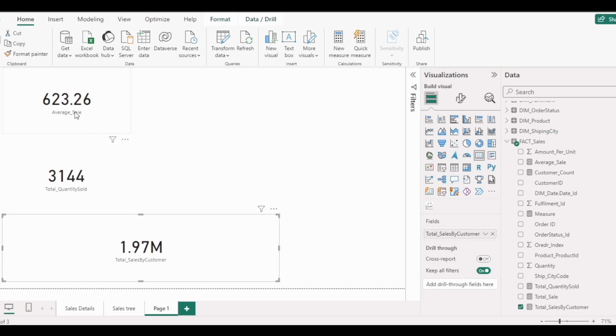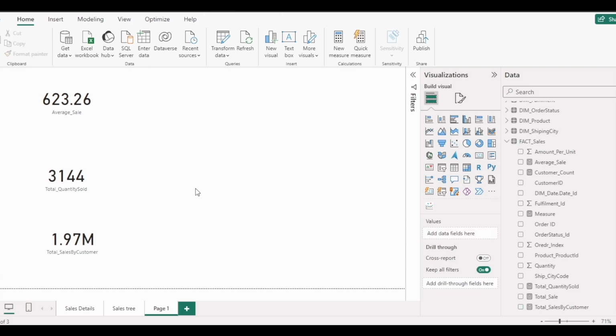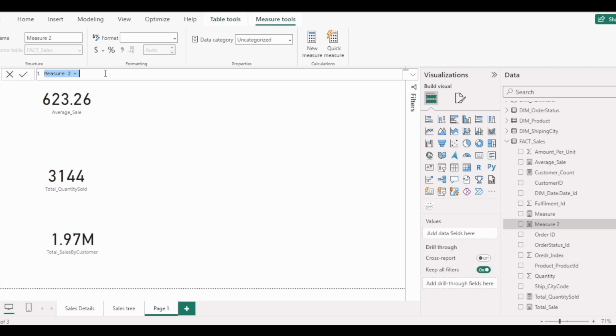So these are the three things: first average, then total quantity sold, then total sales by a customer with the help of per unit cost and the quantity sold by our customer. The fourth one is how we can count the entries inside a column. If anyone asks you to find the total number of customers, for that we have to create one new measure in the sales table. Here we have to find the customer count,